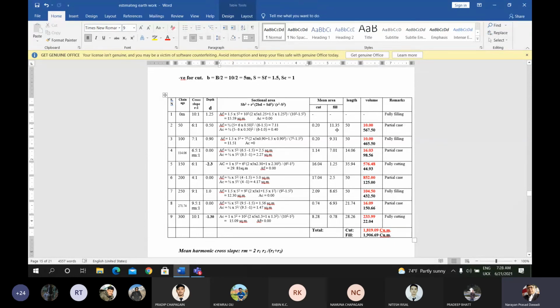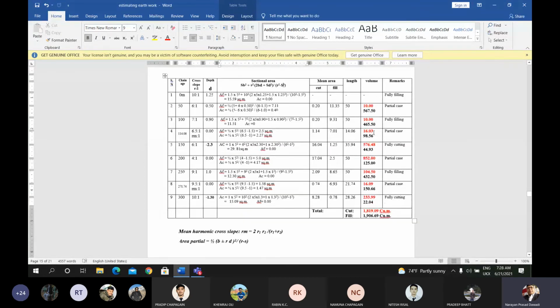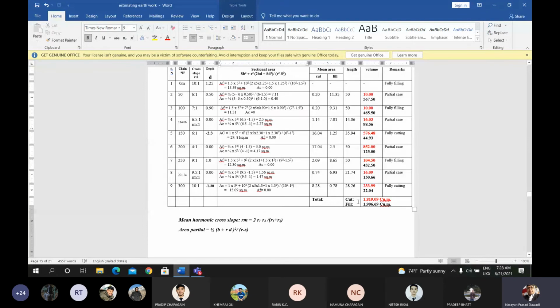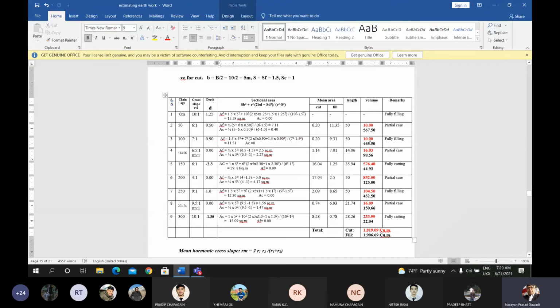You can calculate the volume. You may put the volume in a double row here and double column here. I have limited space, so that's why I am providing the volume in red and black. I calculated the volume as red for the cutting and black for the filling. So 0.20 into 50 will be 10, and 11.35 into 50 will be 567.50 cubic meters for